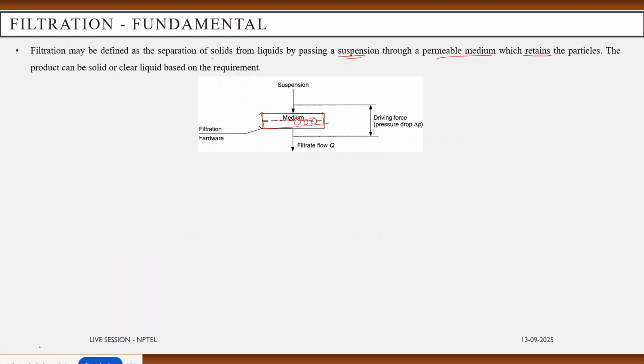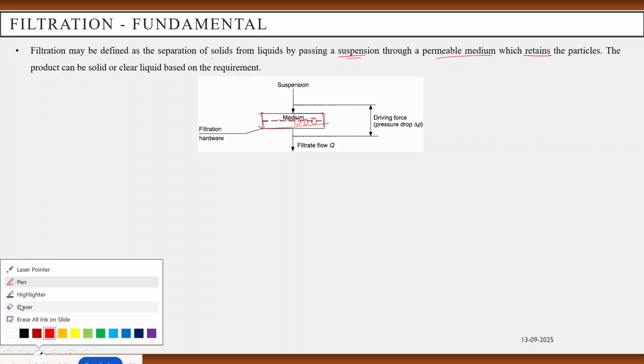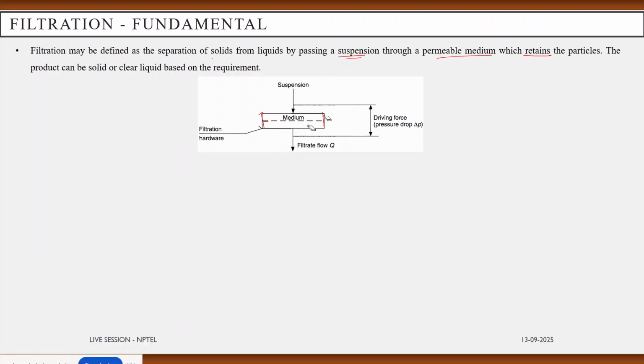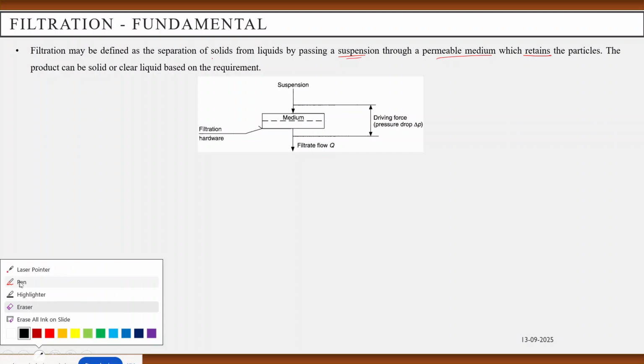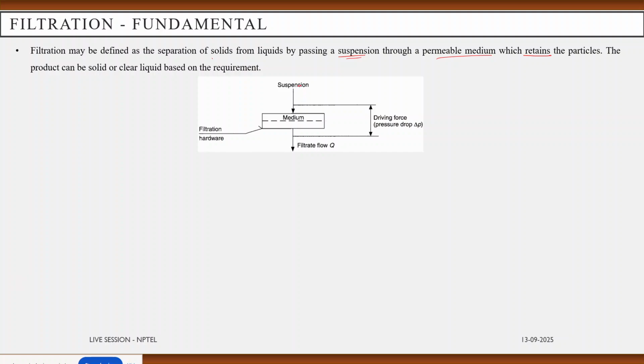Now, when you see this porosity here, you are going to pass the suspension of solid and liquid through the porous medium